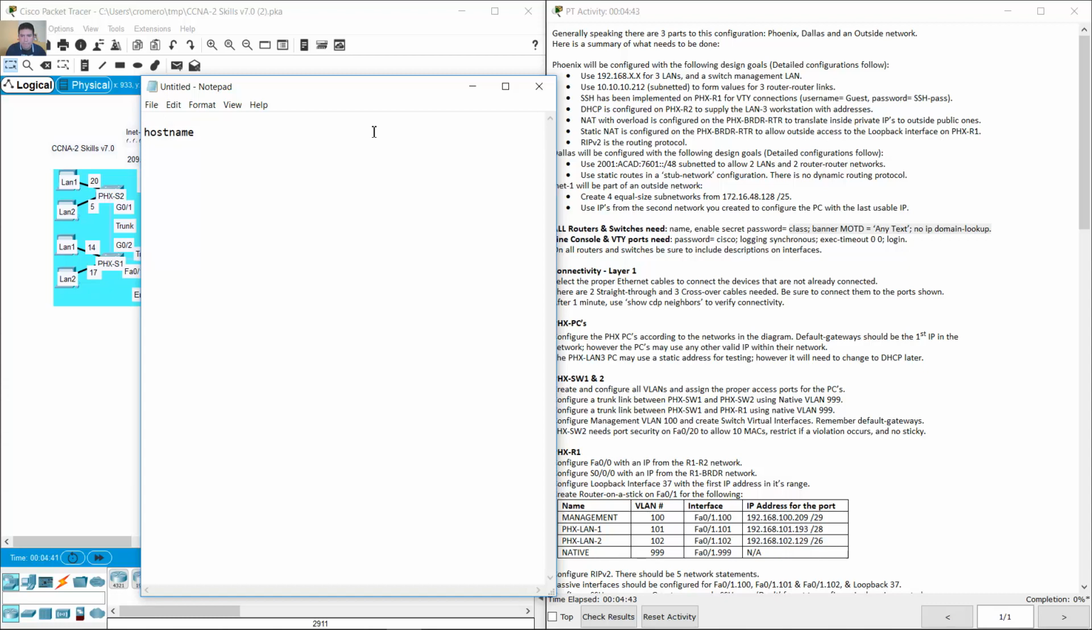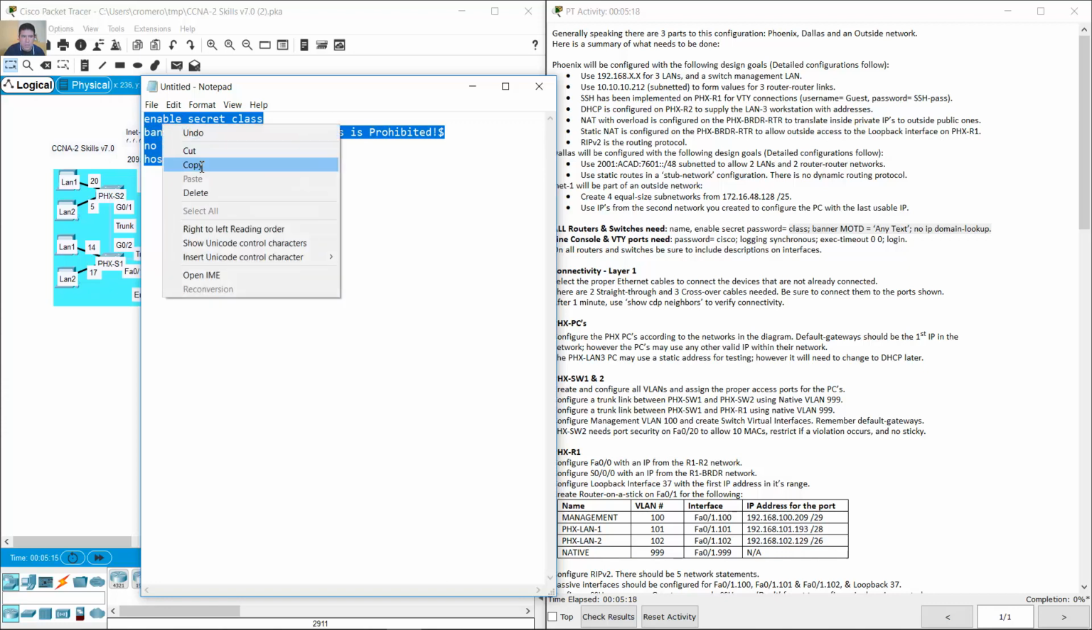and enable secret class, banner message of the day, any text, no ip domain lookup, and copy to the devices,